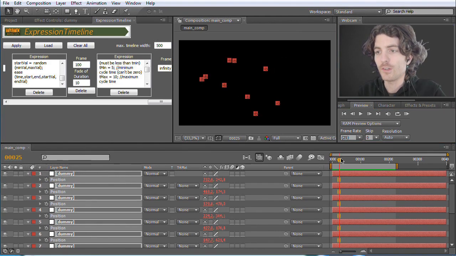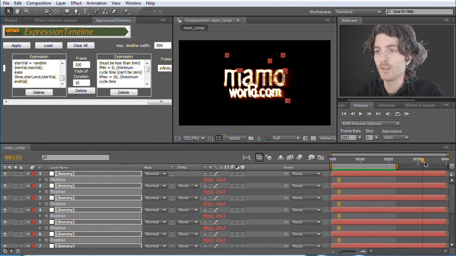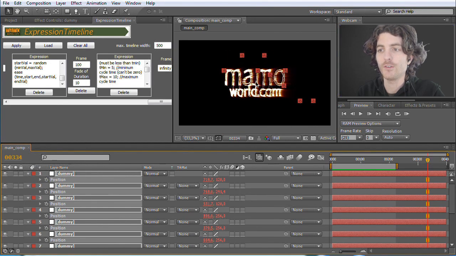expression. Okay, so now this second expression, this random grid movement, should also not go on forever. Namely, when this text appears, at that moment the points of the plexus should not move on the grid anymore, but should move or travel along the outline of this mamoworld logo. Yeah. So what you therefore need is an outline of your logo, so a path or a shape